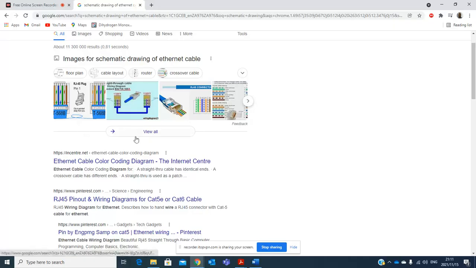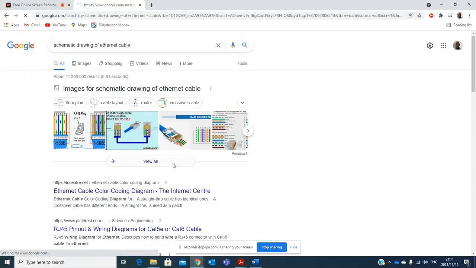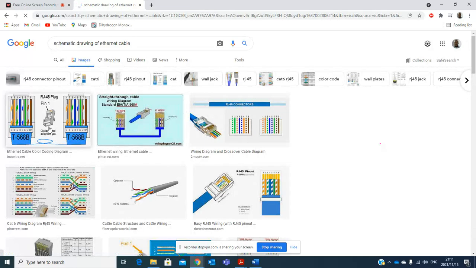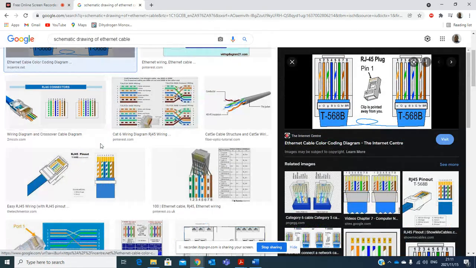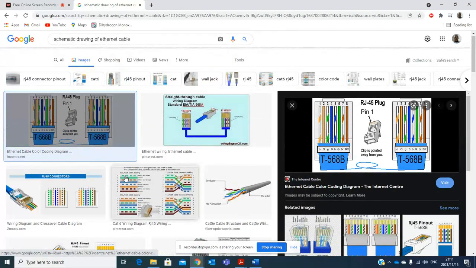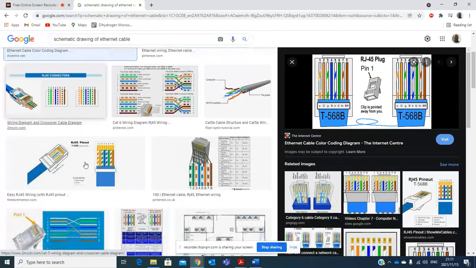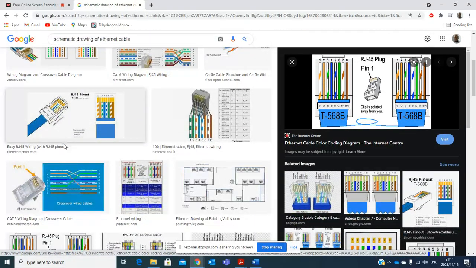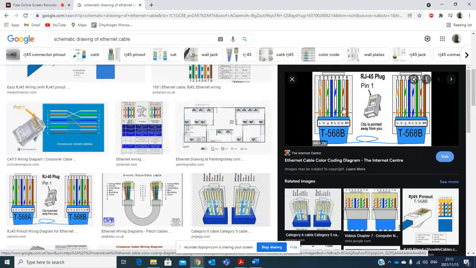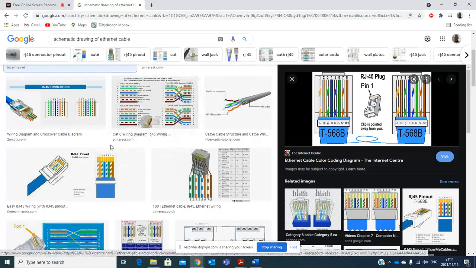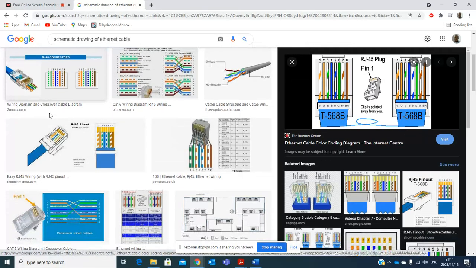Remember we created 568B. What needs to be shown is the attachment of RJ45s to the diagram.